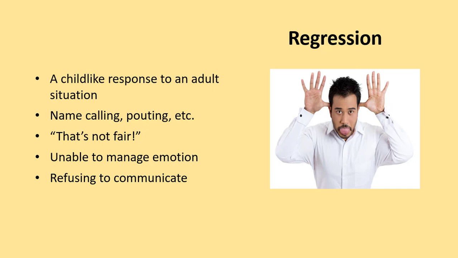Or they close their eyes, or they put their hands over their ears and go, no, no, no, I'm not listening to you, right? Those are all very childlike behaviors, and it's okay to act that way when you're a child. You're learning your limits, you're learning the rules, and that's okay. But it's really not okay to behave this way as an adult when someone needs to talk to you about your behavior. But don't be surprised, and if you've been in the workforce for any length of time, you've seen some pretty wild examples of this.